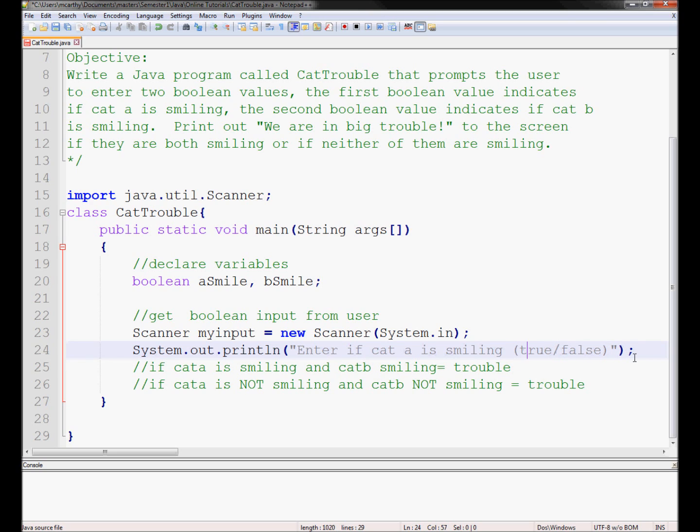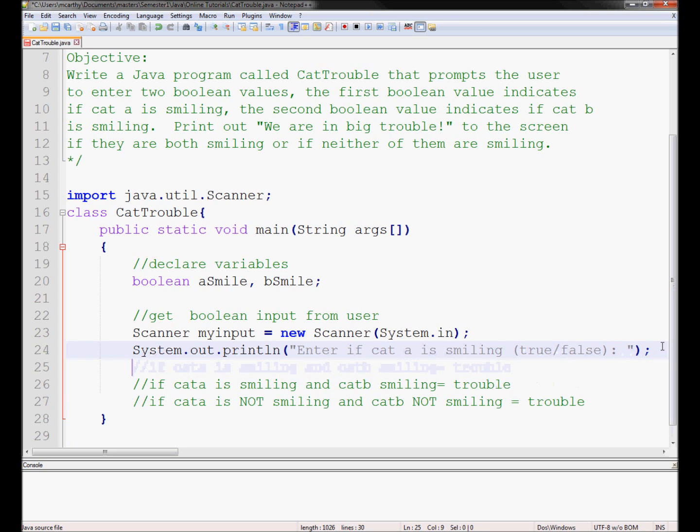Just make that lowercase t. Okay, now we're going to get the input from the user. So as always, we assign the variable first. Cat A is aSmile, so aSmile equals myInput